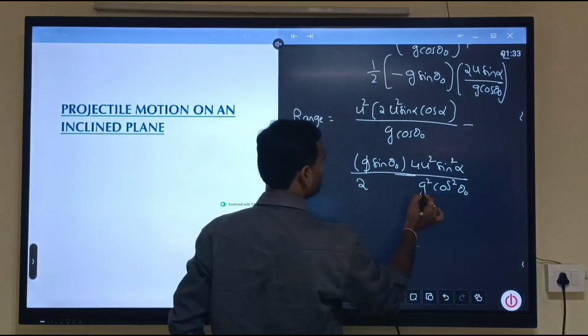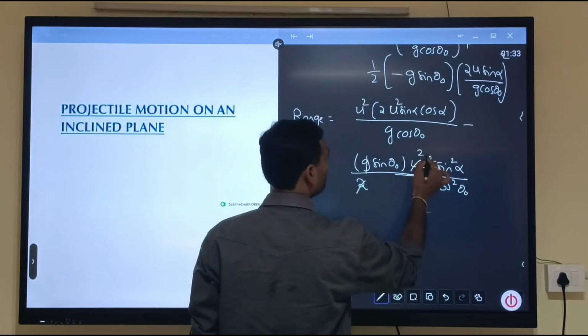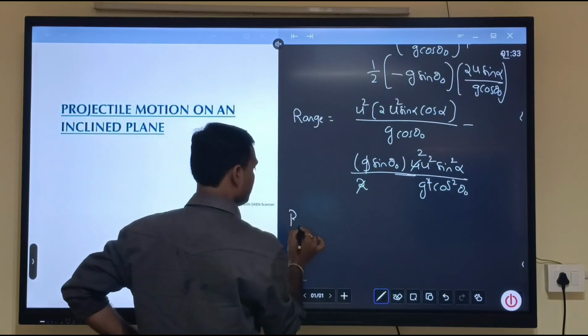Now, g can cancel this 2. Now, range is equal to